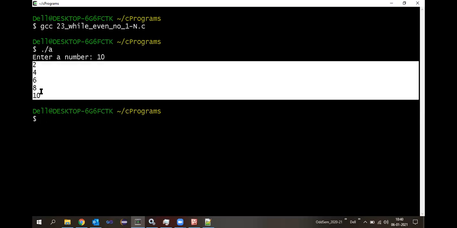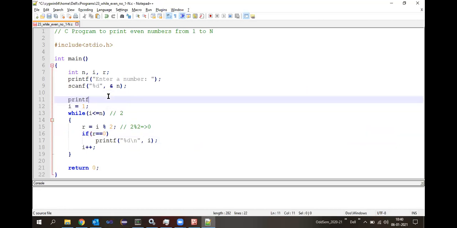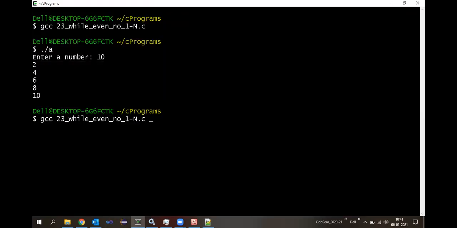It is better to add one more statement here for our better understanding. So after here, what I can do is write one printf statement: printf the even numbers from 1 to percentage D, and here I can write n, so that a message will be displayed properly to us, stating the even numbers.